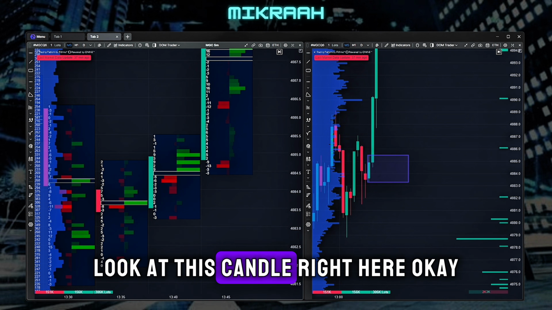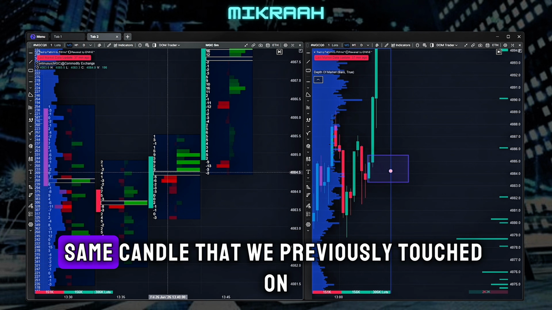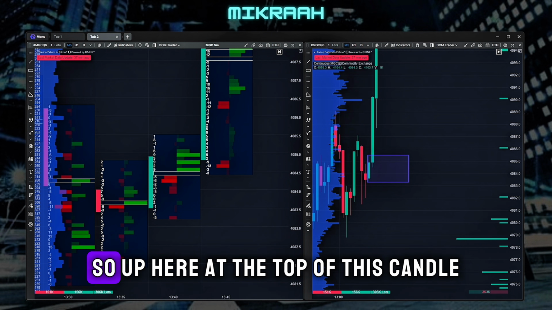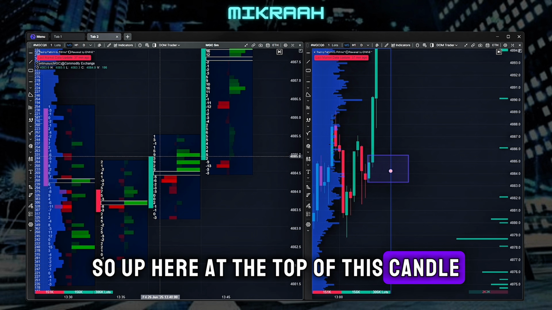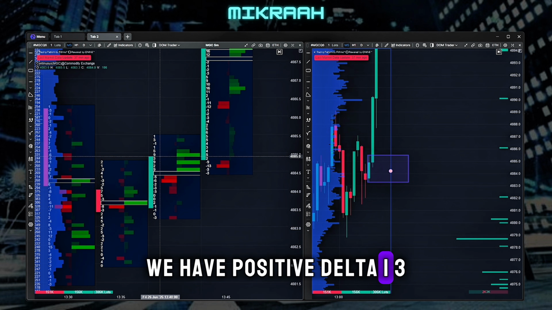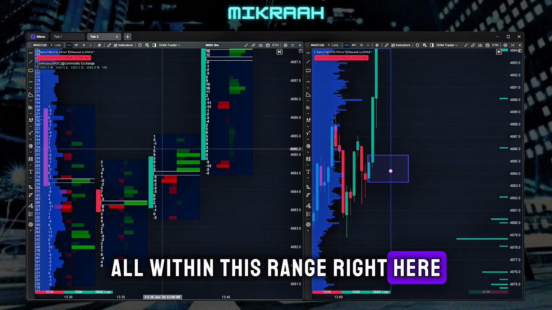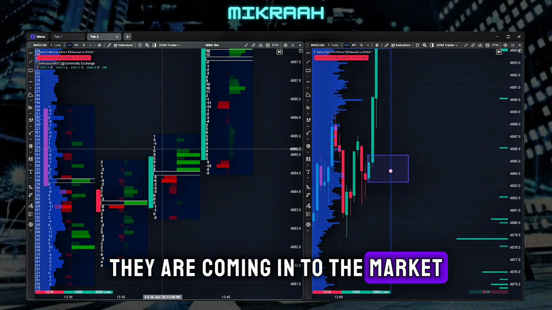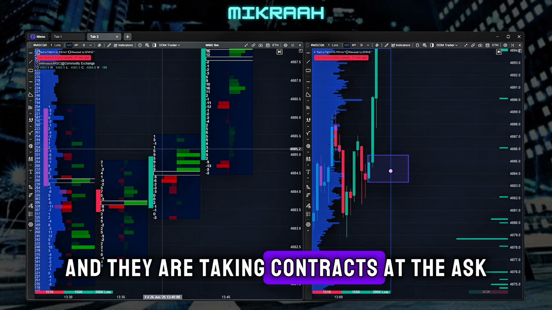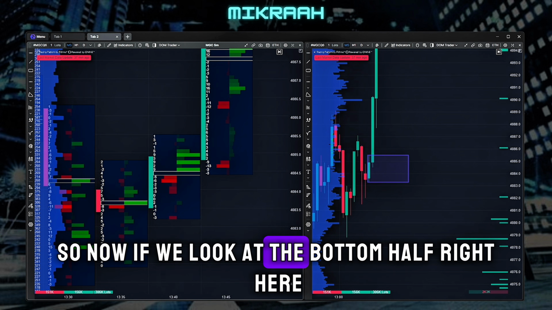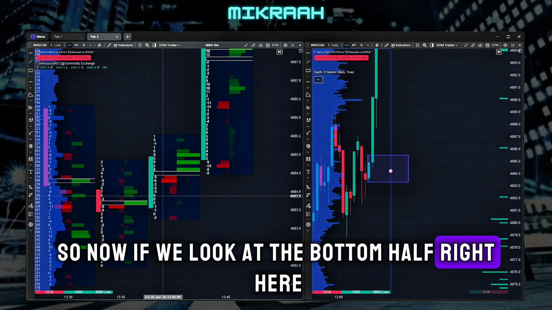Now look at this candle right here, okay? Same candle that we previously touched on. So up here at the top of this candle, we have positive delta, 1, 3, 1, 5, 9, 9, all within this range right here. They are coming into the market and they're taking contracts at the ask, as in they want to get in the action. So now if we look at the bottom half right here,